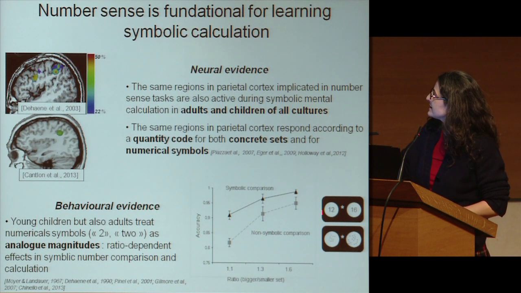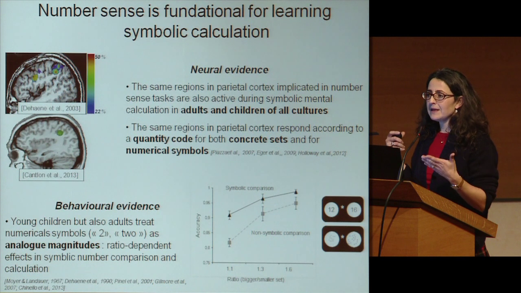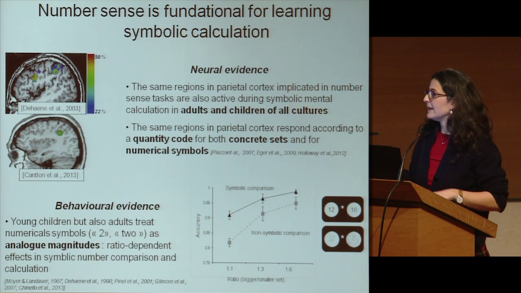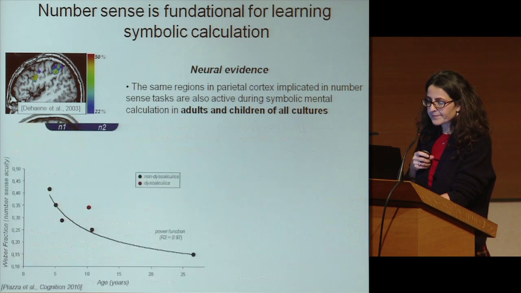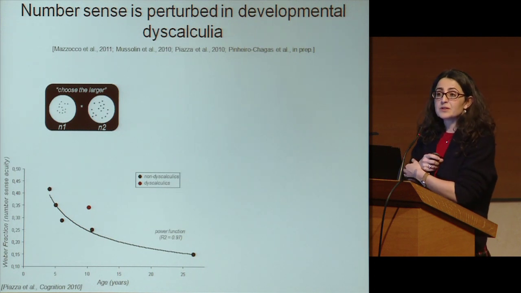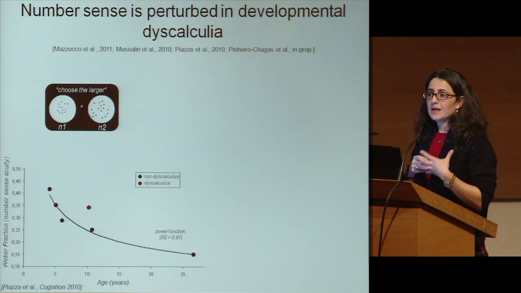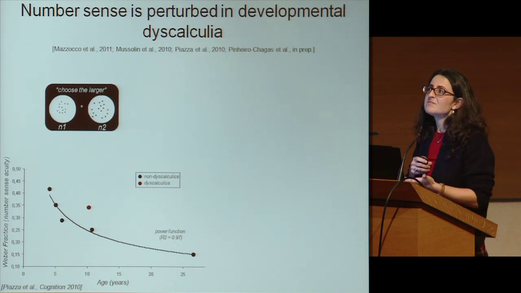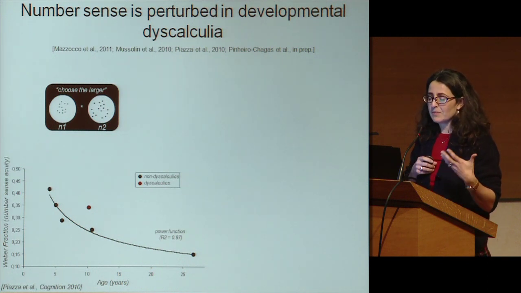So for example, when we ask adults and children to compare this digit and we measure the reaction time and accuracy, we see that the time they take to respond and the number of errors they make is a direct function, or at least modulated significantly, by the numerical ratio across these symbols. Again, we demonstrated also that number sense is perturbed in developmental dyscalculia. Again, this can be taken as evidence that an immature number sense doesn't allow children to develop appropriate symbolic numerical